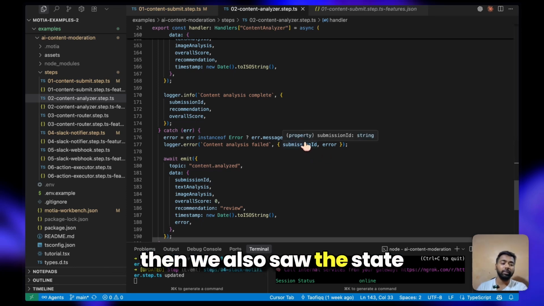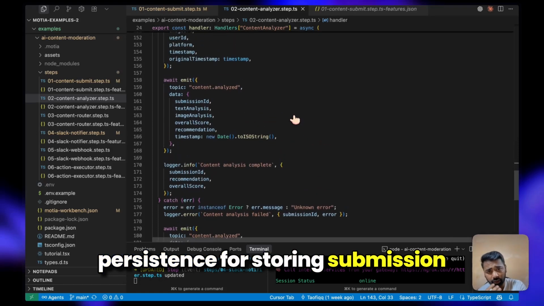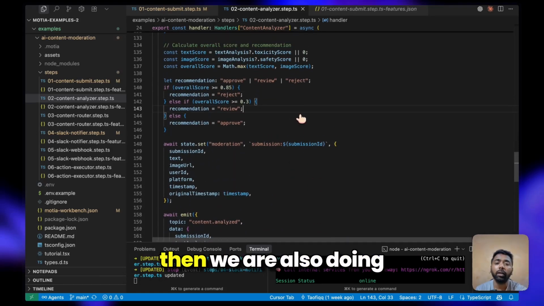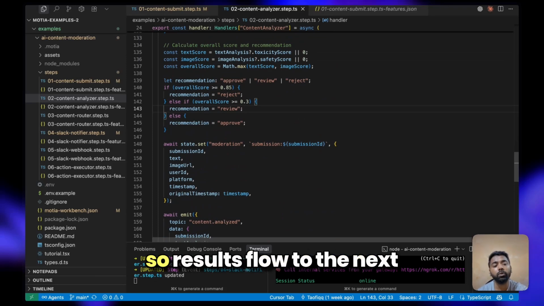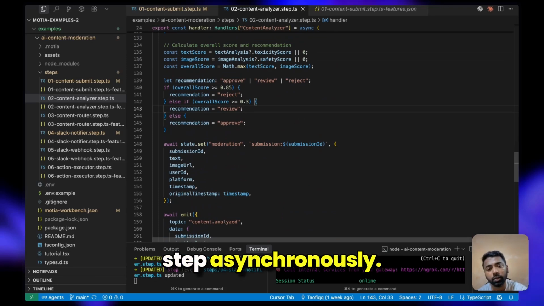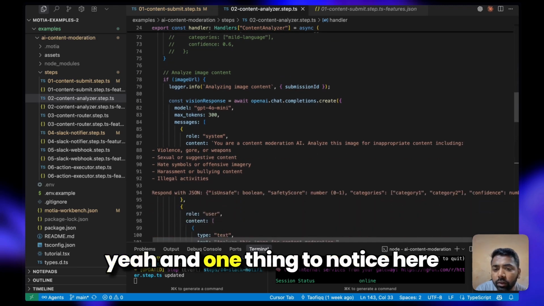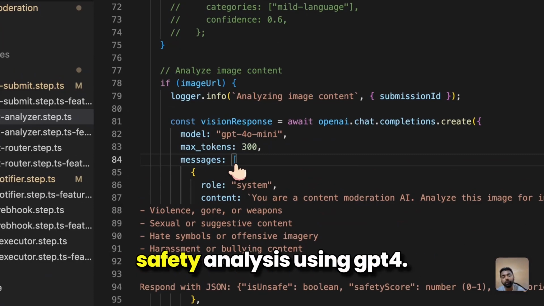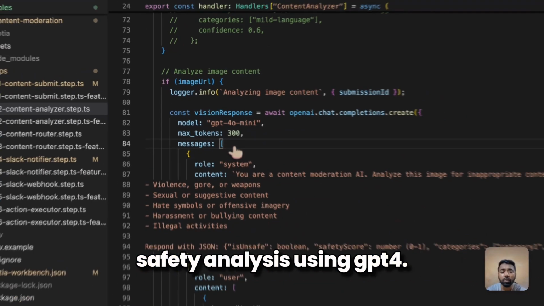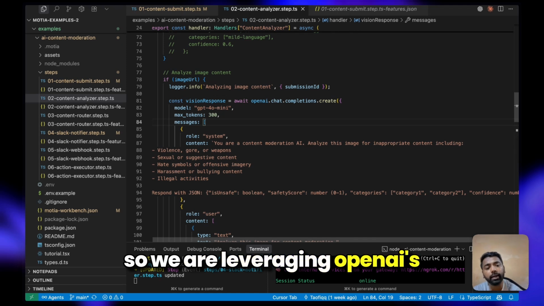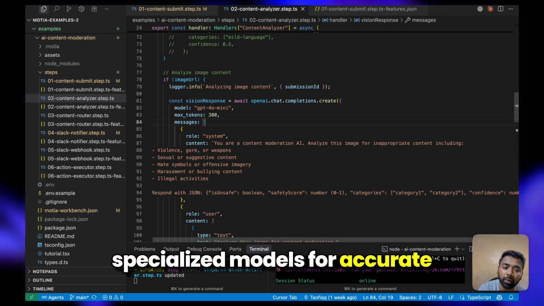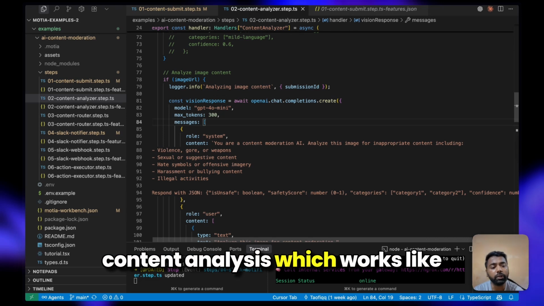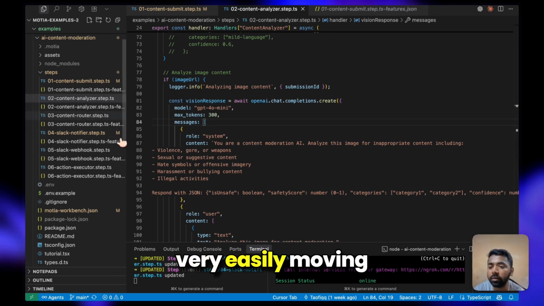Then we saw state persistence for storing submission data for downstream, and also event emission, so results flow to the next step asynchronously. One thing to notice is we are also doing the image safety analysis using GPT-4. So we are leveraging OpenAI's specialized models for accurate content analysis, which works very easily.